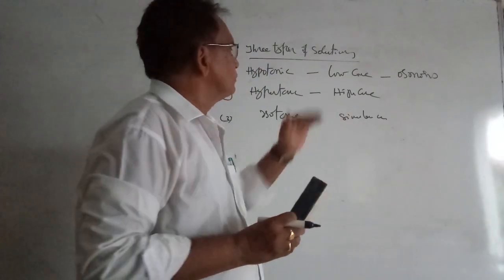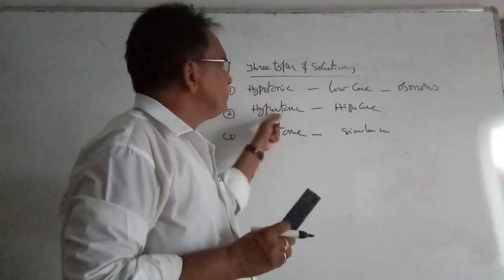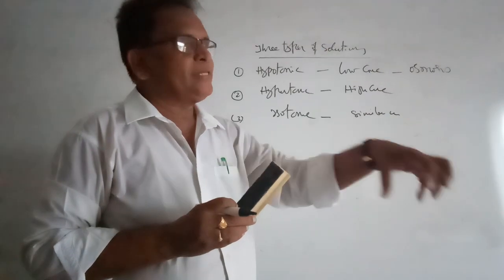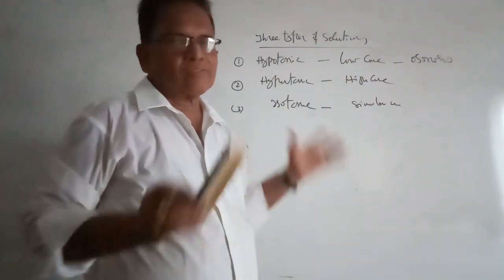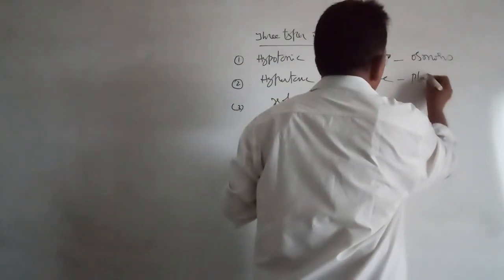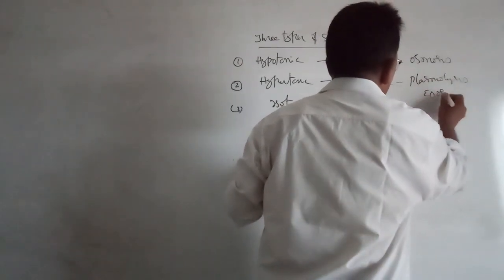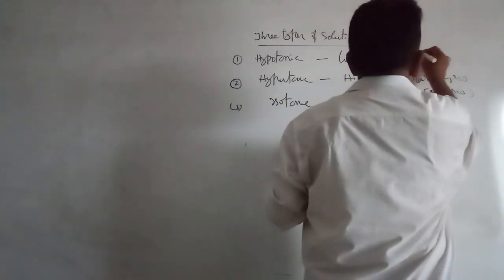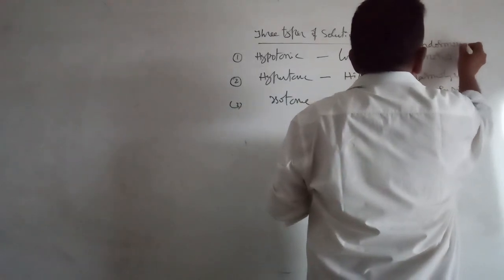Water will move from low concentration to higher concentration. If we place a cell in hypertonic, that is higher concentrated solution, suppose we take a plant and put it in salt water, sodium chloride solution, all the water in the plant comes out. So if you place a cell in higher concentration, a phenomenon called plasmolysis will occur. Plasmolysis is also called exosmosis. Osmosis is also called endosmosis.